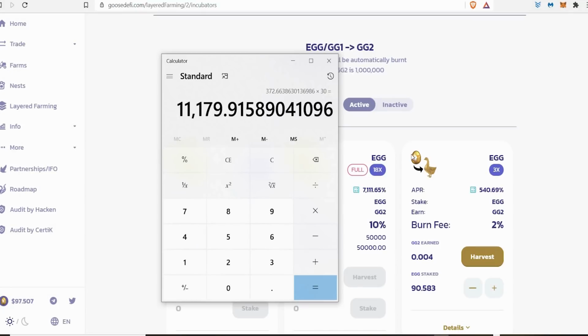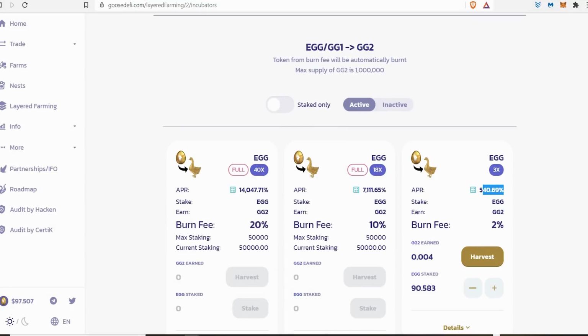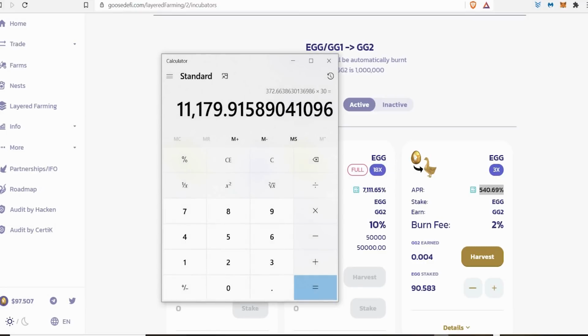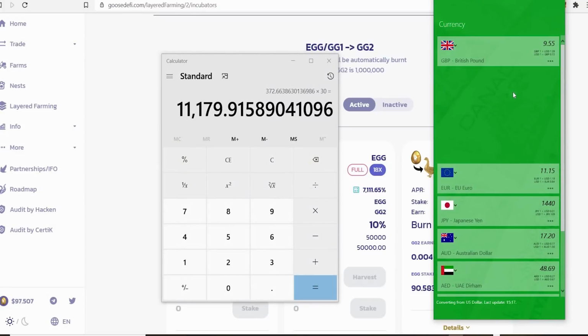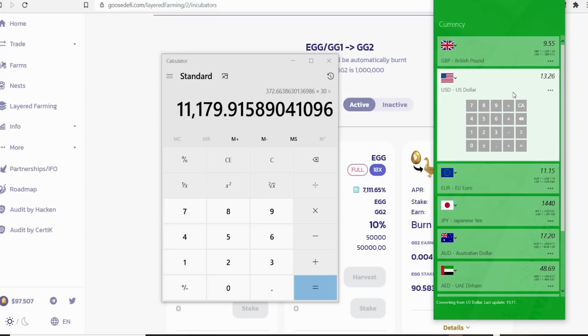$11,179. Okay, it's super fluctuating because it's gone back up above. It's still insane gains, guys. $11,000 a month if it remains at this price, of course. I'm going to show you what this looks like in other currencies, if you're from another country, you can see